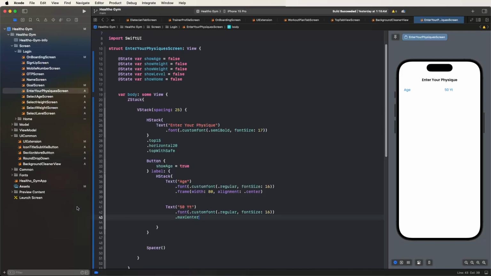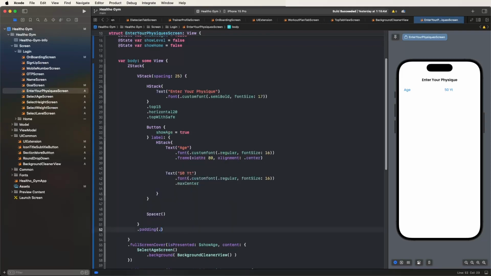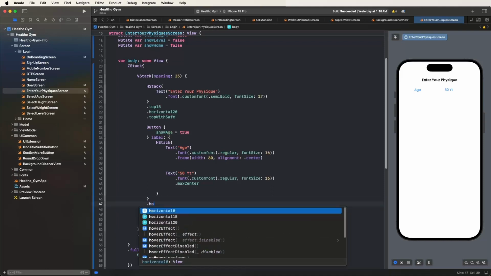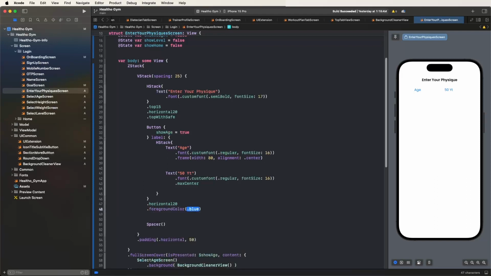First of all need to set this here. First we need to set here the paddings for this stack. Go here and to set here the padding horizontals, and we need to set here the 50, like this configures here. Now need to decorate this here the UI. First of all need to give this here the horizontal 20, then after need to set here the background colors, primary text,